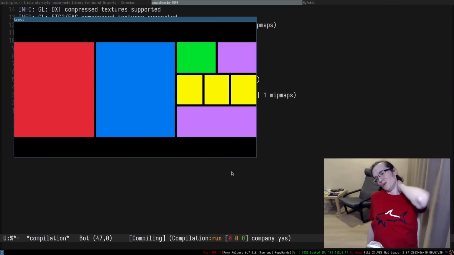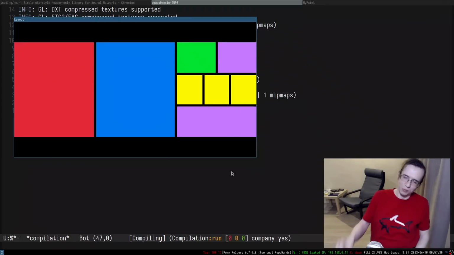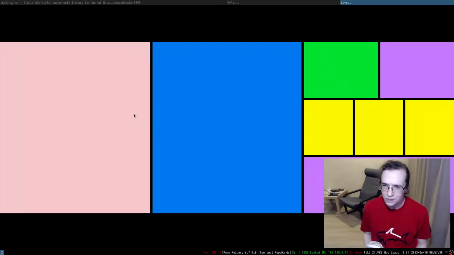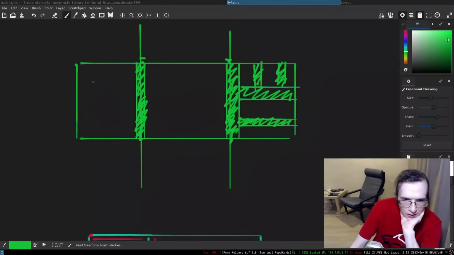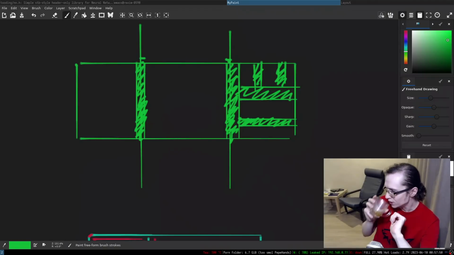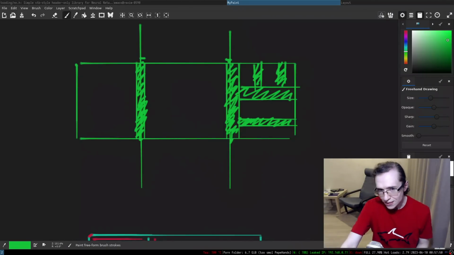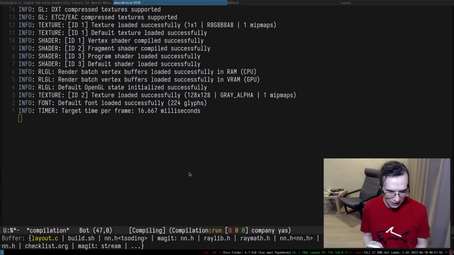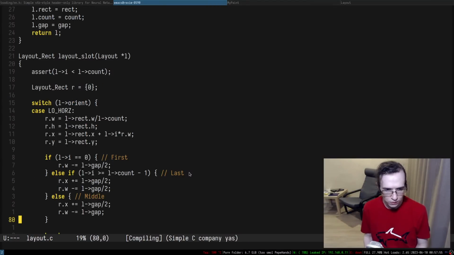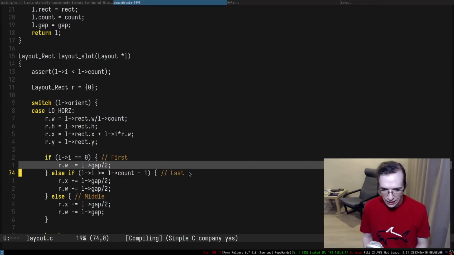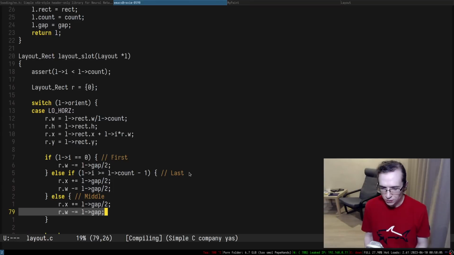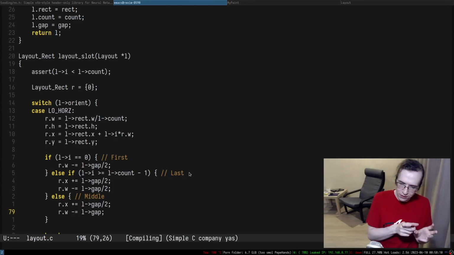Yo, what the fuck? But I think there is some sort of a problem in here. The width of the first and last one ends up being bigger than the middle ones. By definition, actually, believe it or not. If you take a look at the definition, for the first one we subtract half of the gap, and for the last one half of the gap. But for the middle one we subtract the full gap. So by definition, the width of the first and last one are bigger than the middle ones.